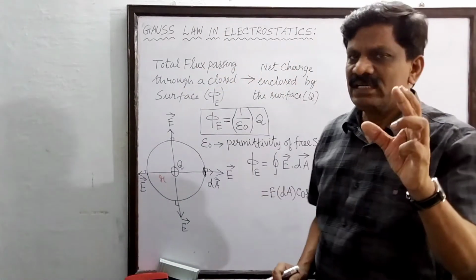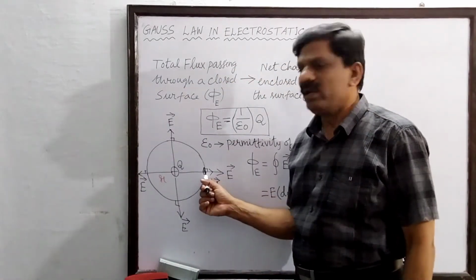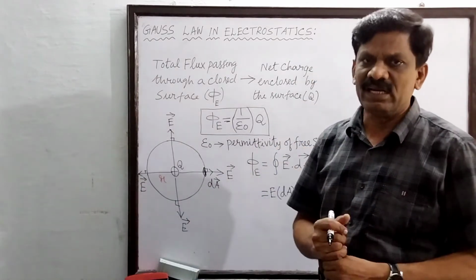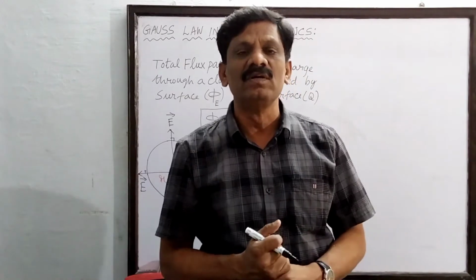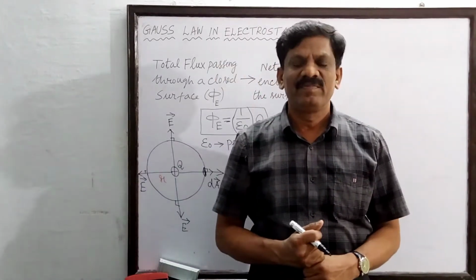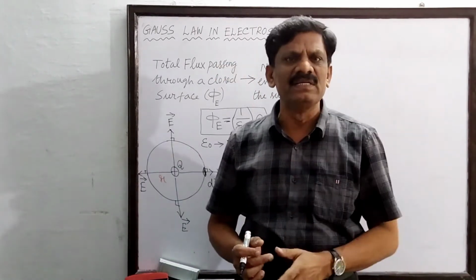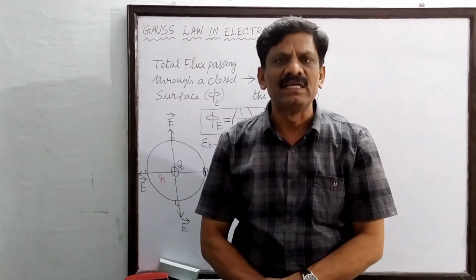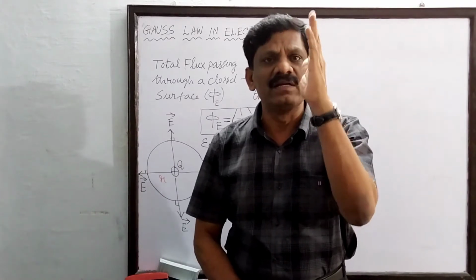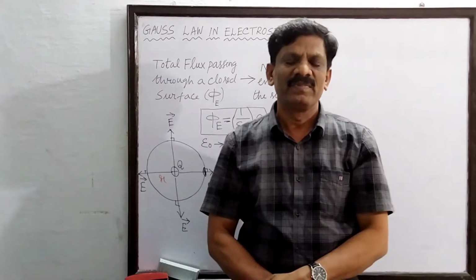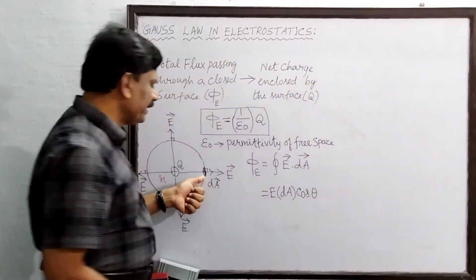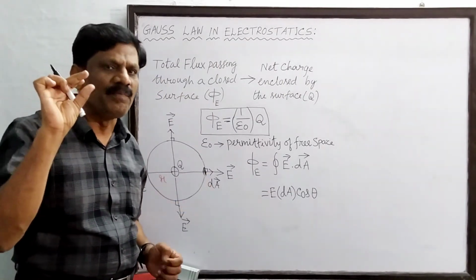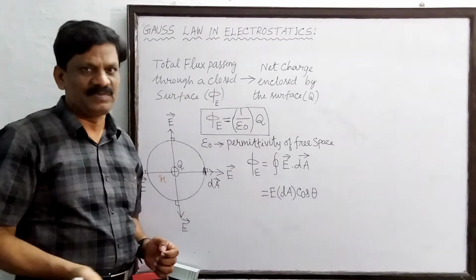Now you must accept that this small area dA is associated with the electric field vector. Therefore area is also getting the status of a vector. So if area is a vector, means it has a direction. So who will give the direction of the area vector? It is the normal drawn to the area. Okay. So I have considered the area dA on the surface of the sphere. dA is a small portion on the entire sphere.